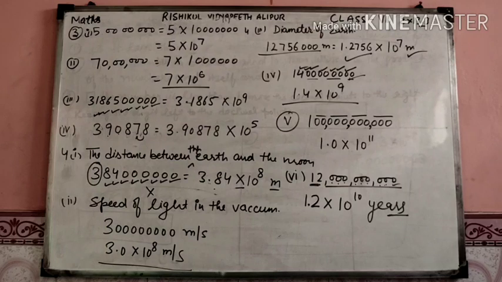Same way, the next one is G part. The distance of the Sun from the center of the Milky Way galaxy is estimated to be, it's two lengthy digits, students. G, H, I and J parts are for your homework. So you have to complete this chapter and you have to appear for its test on coming Monday.